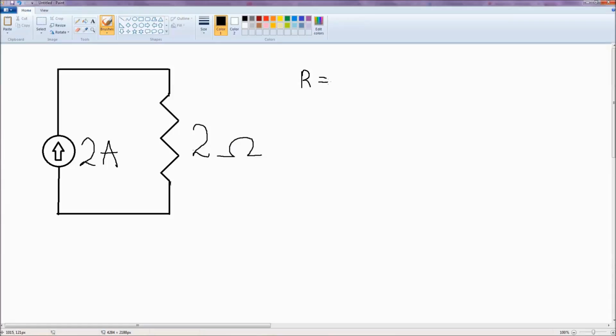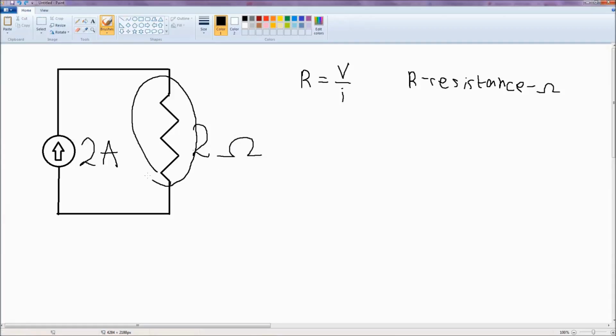R equals V divided by I, where R is for resistance, and it is denoted with this sign. It's measured in ohms. Here we have a resistor, and here we have 2 ohms, so this is a 2 ohm resistor, and V is